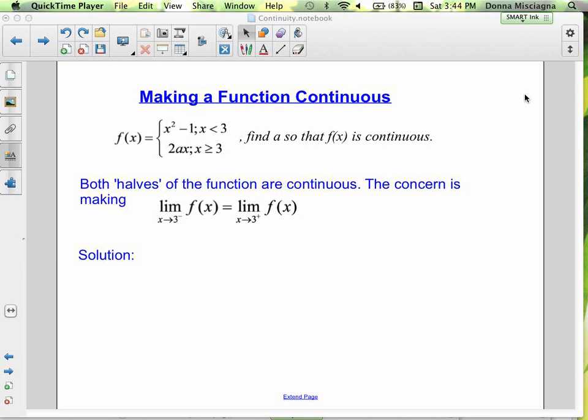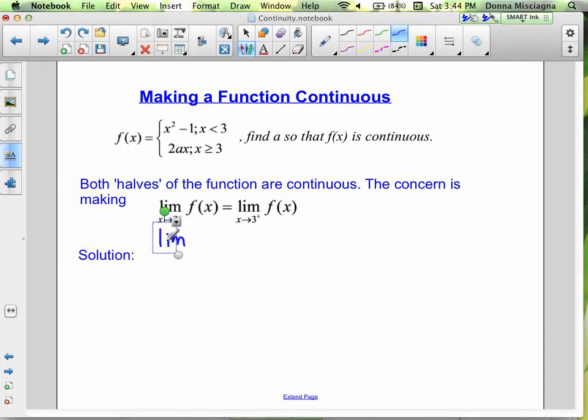Right? If the two pieces at 3 don't equal the same value, then we're going to have a jump discontinuity. Right? So the concern is making the limit of f of x as x approaches 3 from the left-hand limit, equal the limit as x approaches 3 from the right-hand limit. Right? So that means we need